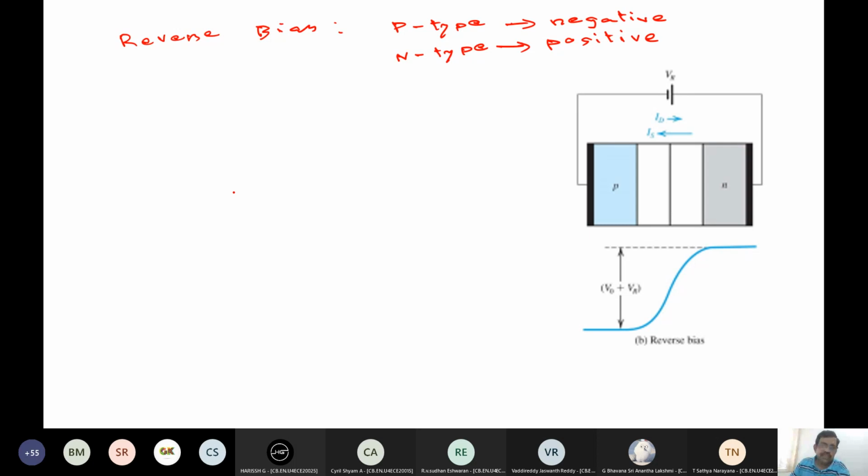Okay, so when this is the thing, then what happens? Okay, so we'll take one step at a time. Now there is a built-in potential. There is a depletion layer also without bias. Now what I have done is I have connected like this. Now the first question that should occur, will it support diffusion? That is the question that you must ask. So the answer to that, it will not support diffusion. The diffusion current will be greatly reduced because diffusion of majority carrier.